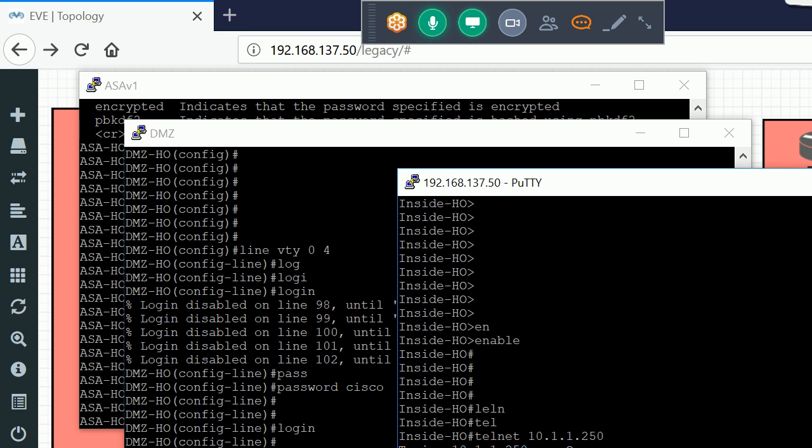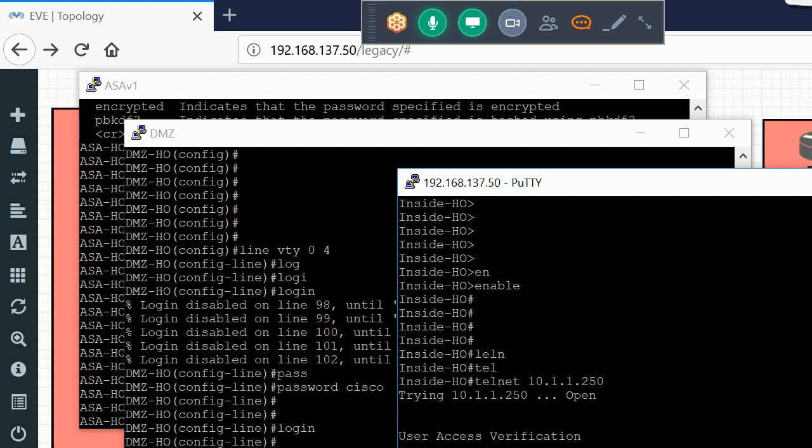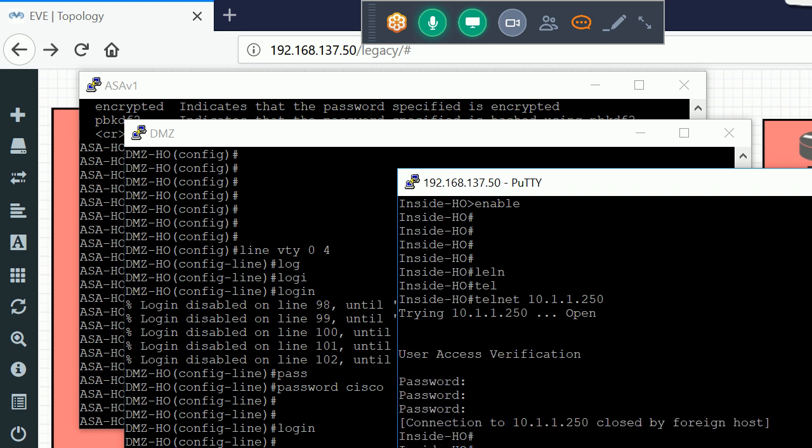Okay, so here we enter the enable password, which is admin123. Admin. Why user access verification? It is not taking the password.